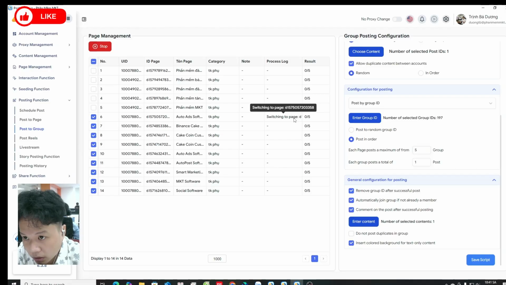As you can see here in the process log, it will automatically come to your account, switch into the page, find the group, automatically choose your content and automatically post into it. As you can see here,